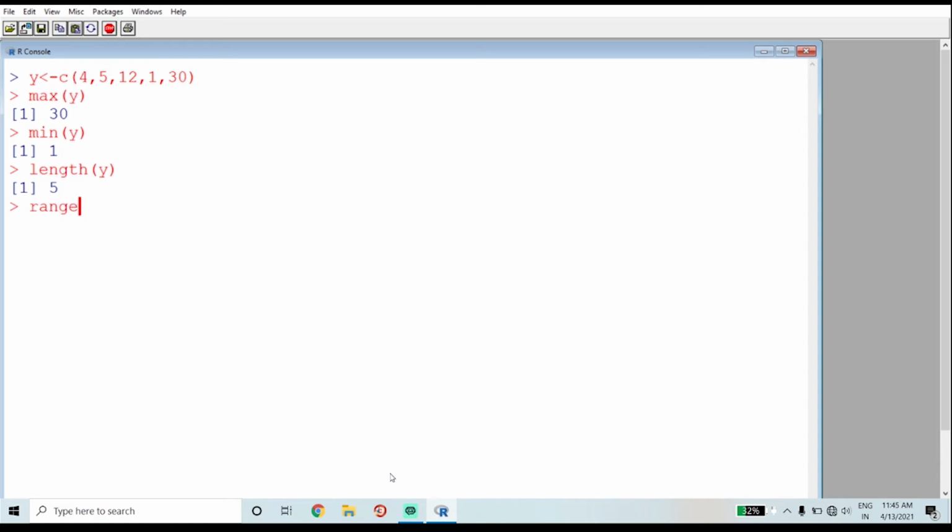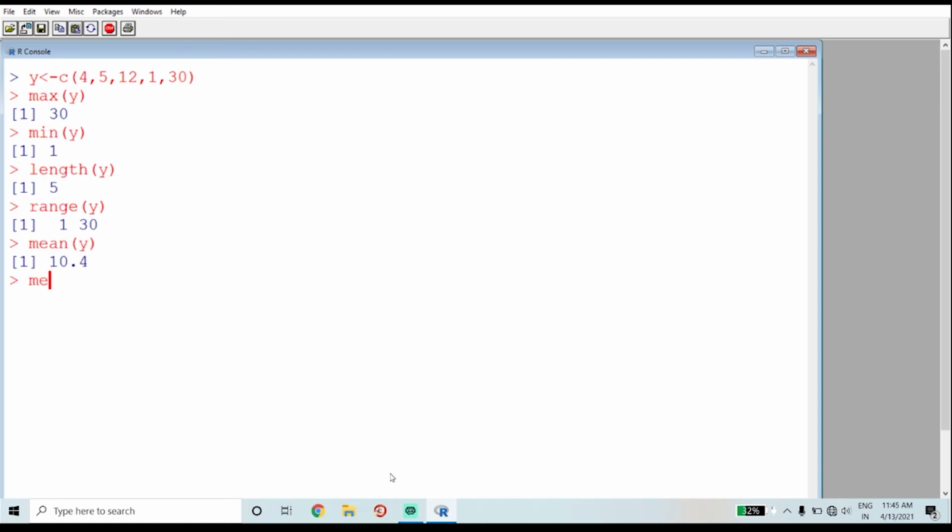Next, I am going to find out what is the range of this data set. Note that range gives two numbers, and the first value is the minimum value and the next value is the maximum value. Then next, to obtain mean, we make use of the command mean of y.